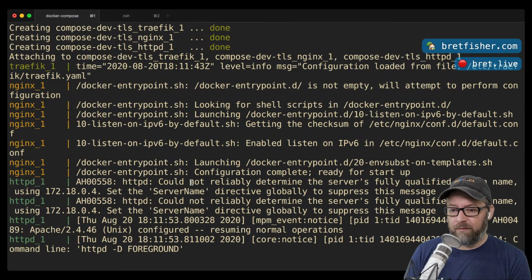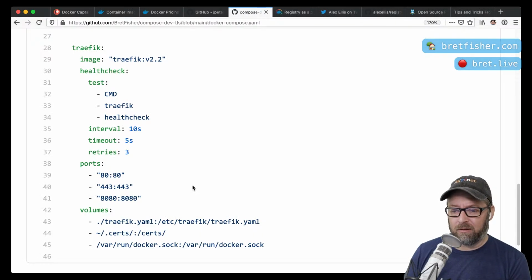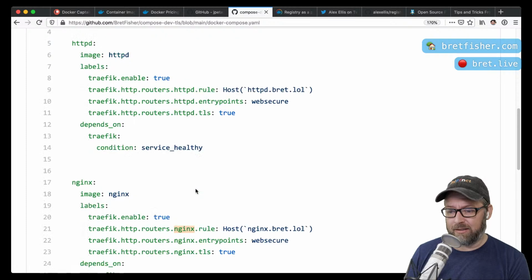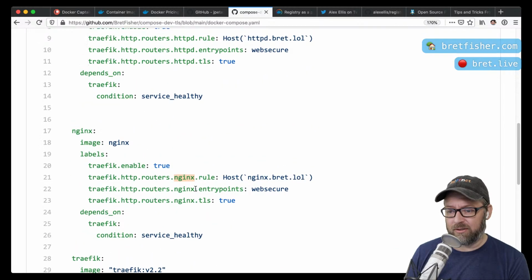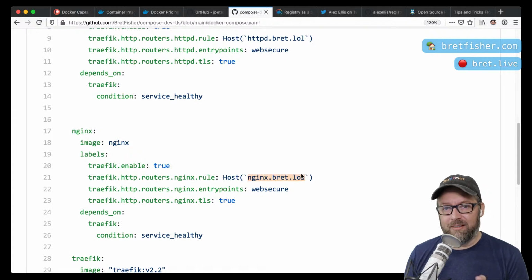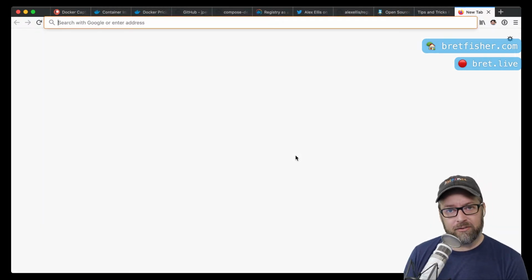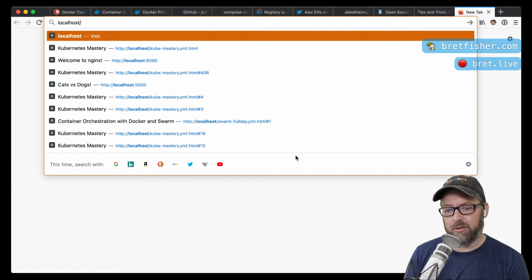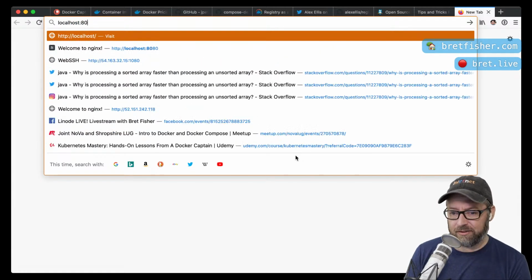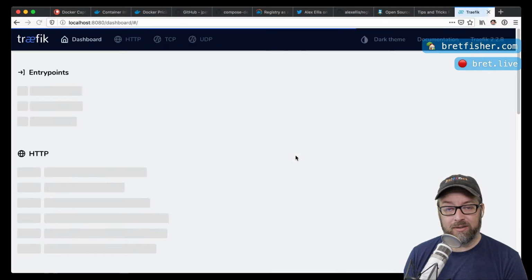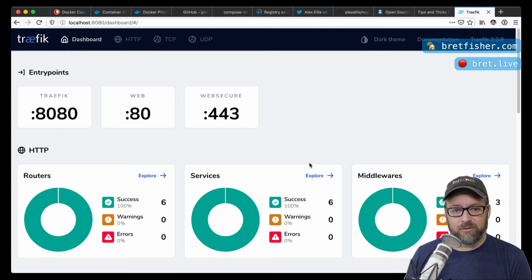So now, if we remember looking at that little file, let's go look at our DNS names, right? The DNS names I have for these 2 services are httpd and nginx, and I have to use my full domain name. This is using that localhost wildcard DNS trick, right? Now, Traefik also comes with a dashboard. So I can first go to localhost port 8080. That's the dashboard port that I configured. And this is the Traefik dashboard.